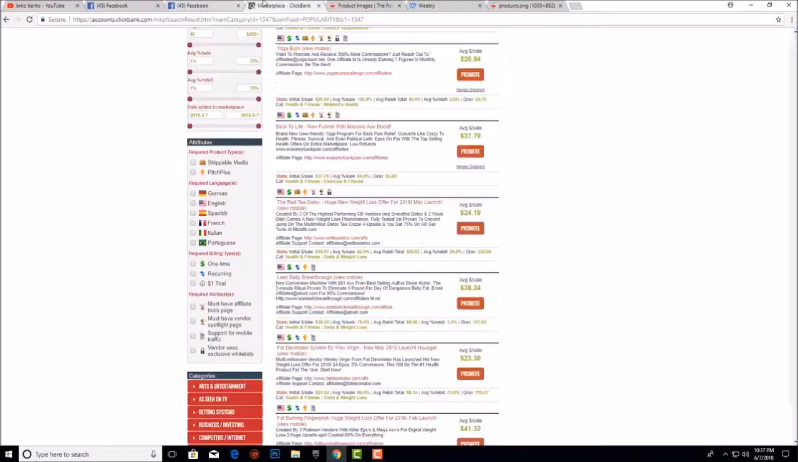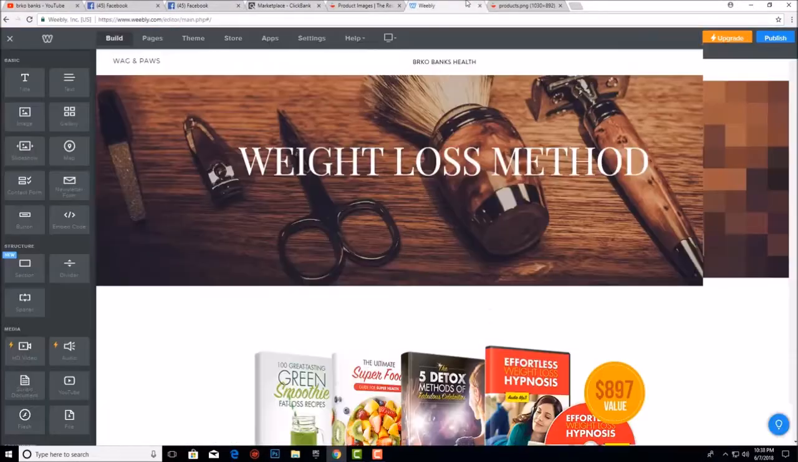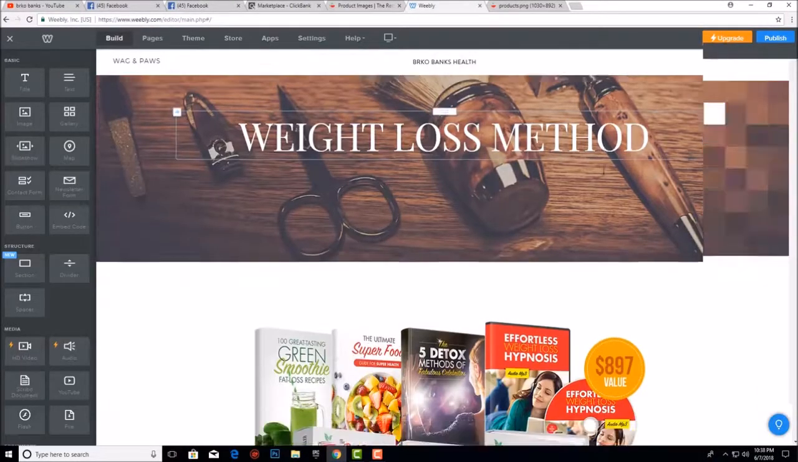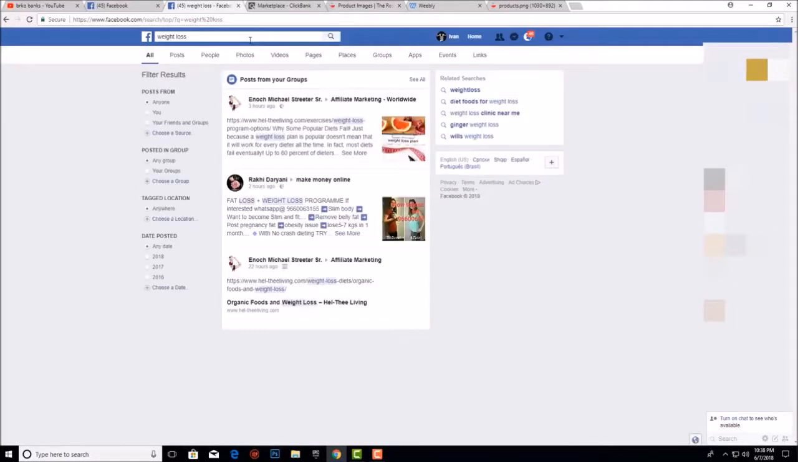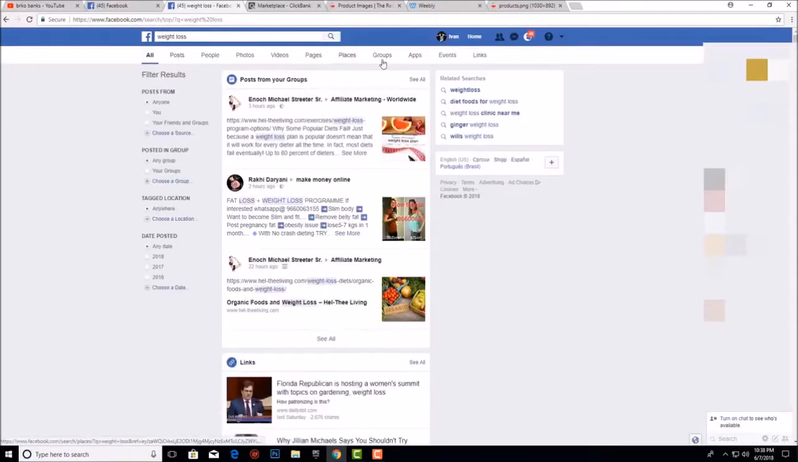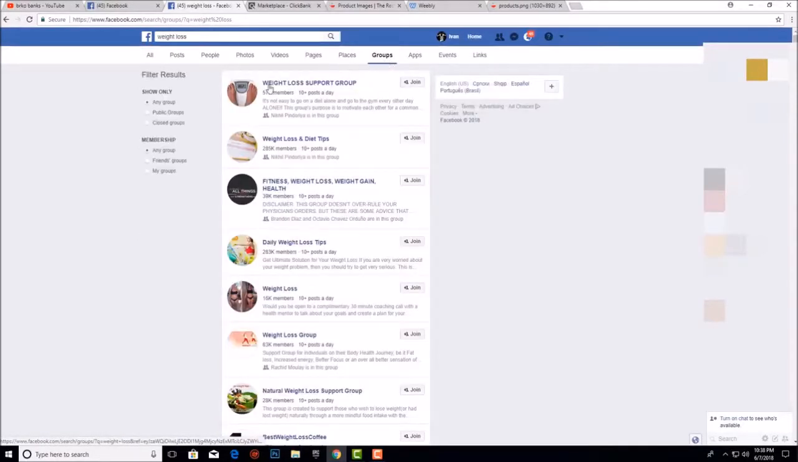So, just a second, we have a landing page. We are going to search for some big Facebook groups. So, weight loss. We are going to go on groups, and here you can see 57,000 members. So 57,000 people are interested in losing weight. This is really important, and we are going to join these groups. Here you can see this page has